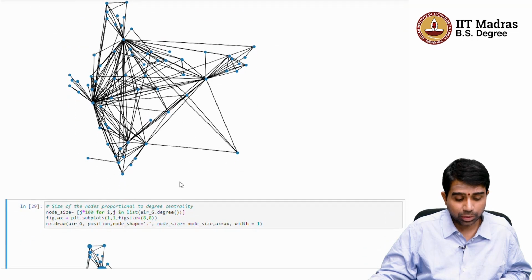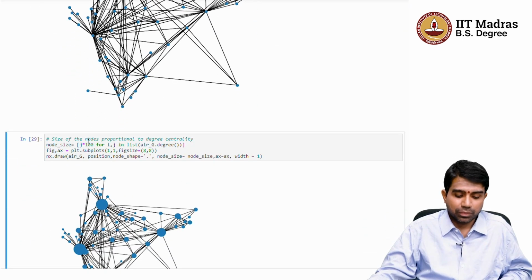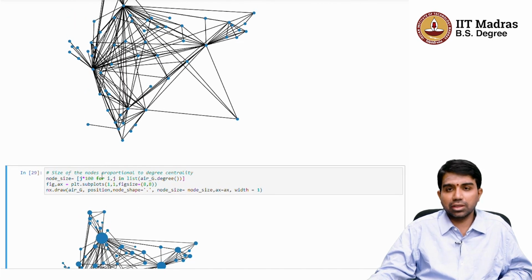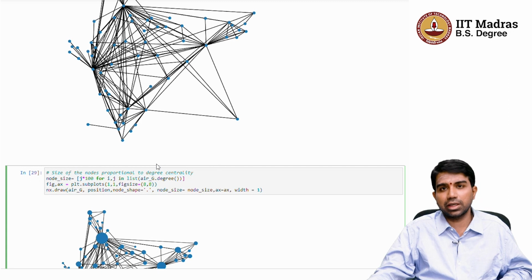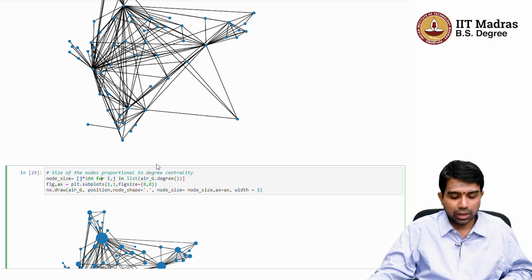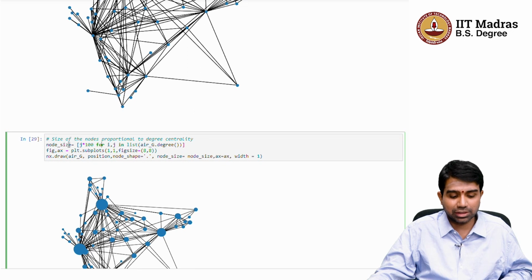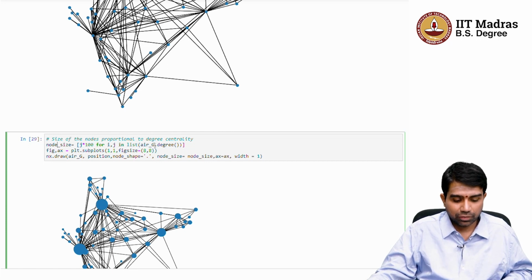Okay, but now you can start visualizing, right? So, we will see this in future classes in terms of various properties, but degree is the simplest property which you will already know, which is essentially the number of edges that emanate from a given node. And here it is. So, we size the nodes appropriately to scale and then plot it. So, node size is for every node, and we take its degree from this list,